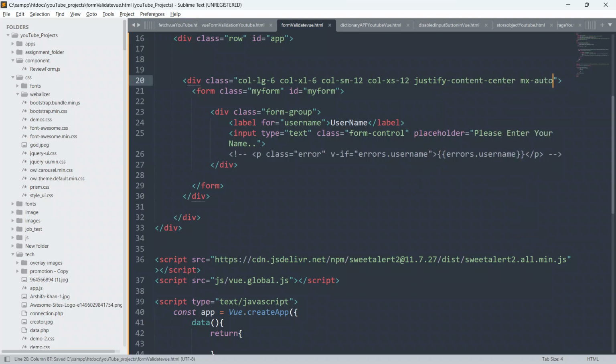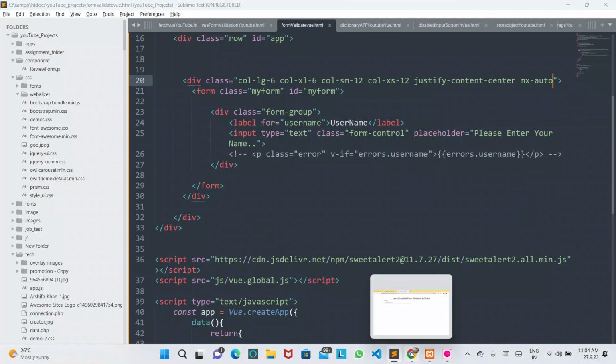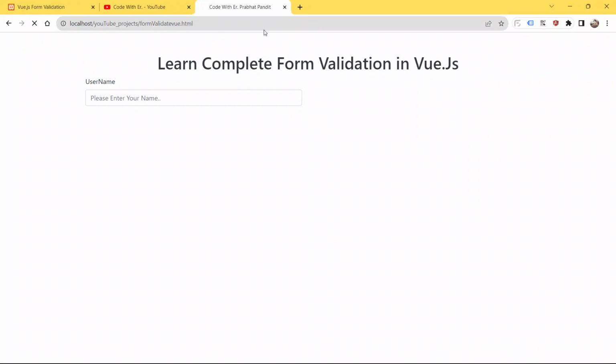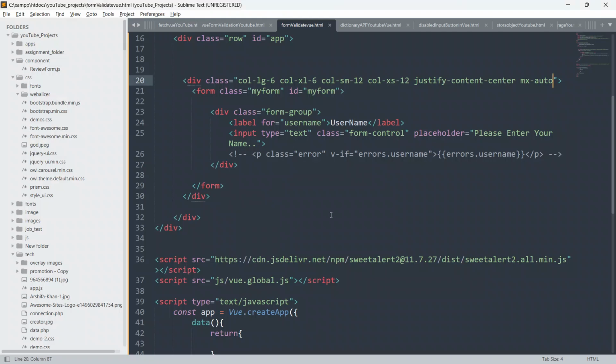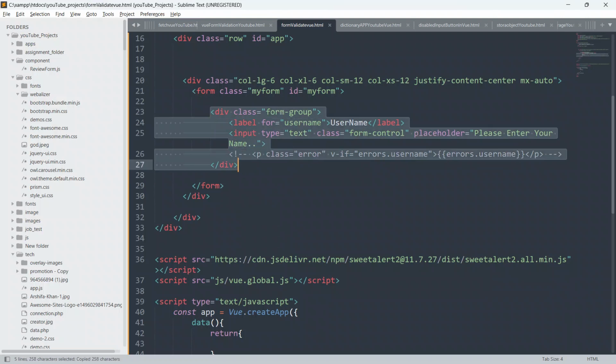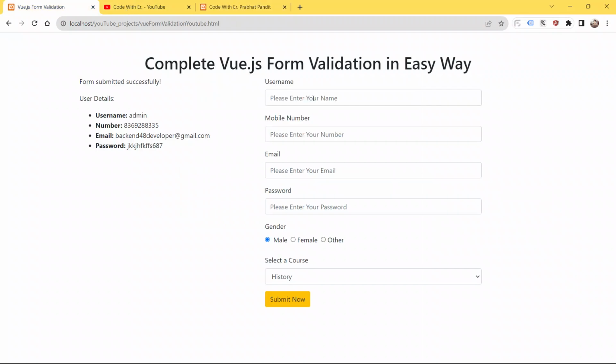So now save your code, go to the browser and refresh your page. So guys, now this looks like this. Now we just have to copy this and paste it. Let me see how many times. So yeah, 1, 2, 3 and 4 times.